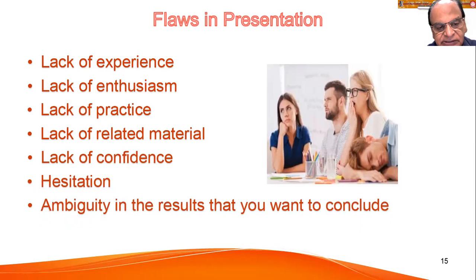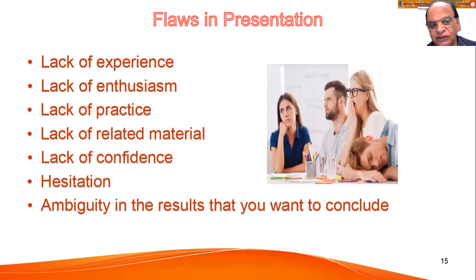And then the last thing is ambiguity in the results that you want to conclude. Your result should not be ambiguous. Ambiguous means it is not clear. If you yourself are not clear about the conclusion of your topic, then how can you convey it? So it should not be ambiguous. It should be very clear in your mind so that you will be able to pass on your conclusion